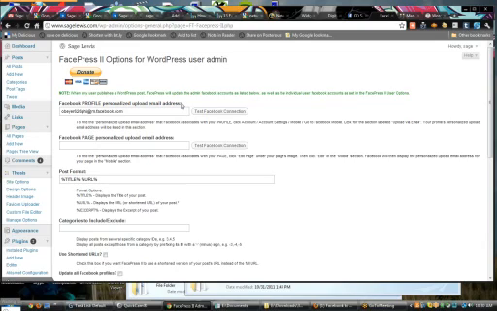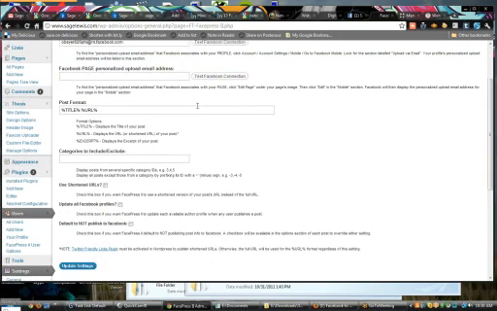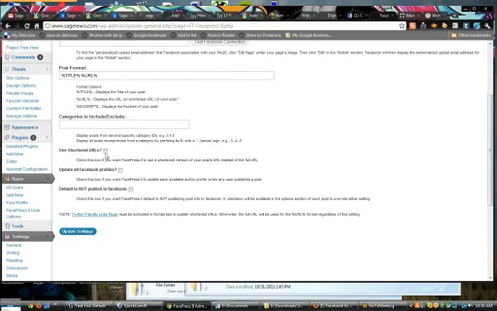All it's doing is actually emailing to my Facebook page. And then additionally, you can see down here, you can say what the post format is, categories to include or exclude, use shortened URLs. Check this if you want. Use Facebook II to use shortened